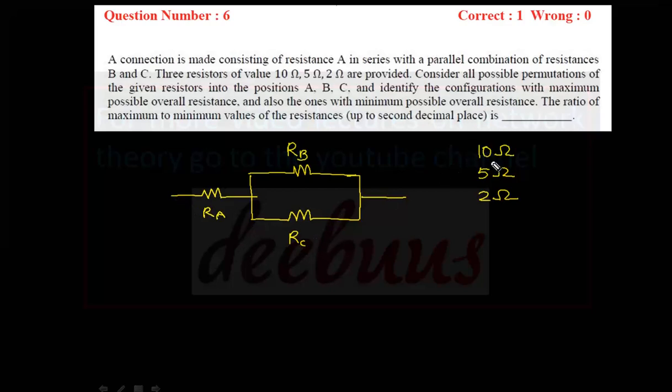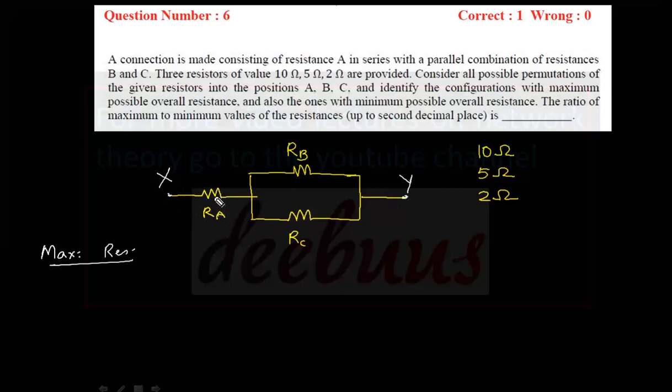So in this question there are three resistances, 10 ohm, 5 ohm and 2 ohm. We have to calculate the maximum value of resistive connection and similarly the minimal value. We can alter any value of the resistance, that is, we can alter Ra with Rb or Rc, but first of all we have to calculate the maximum net resistance between these 2 points and similarly the minimum resistance between these 2 points. For calculating the maximum resistance, this resistance Ra is in series with Rb and Rc, right? Suppose I am marking the points as X and Y. We have to calculate the maximum resistance between X and Y.